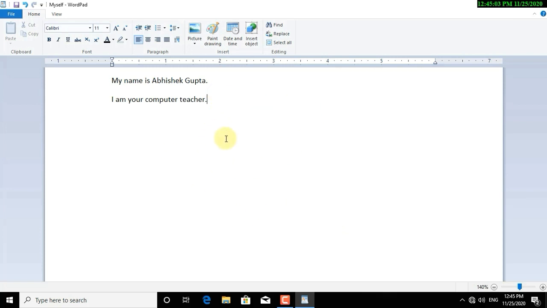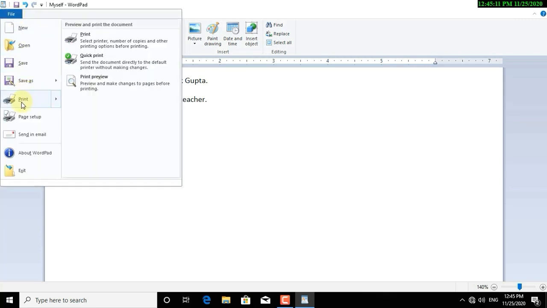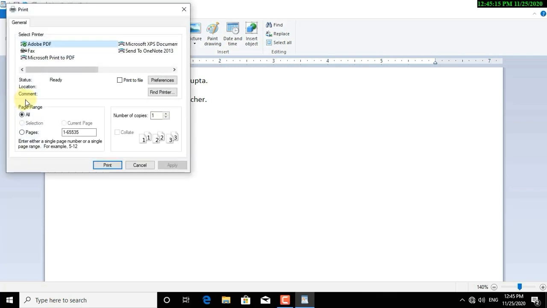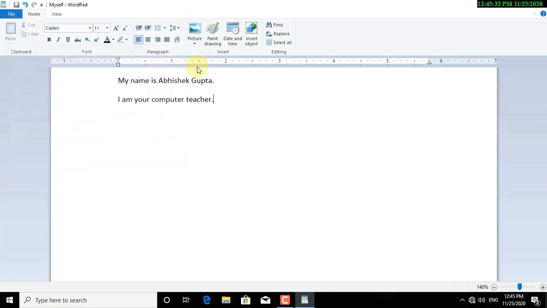And after saving your document, if you want to print your document, go to the File tab, click on it and click on the Print button. After clicking on the Print button, a dialog box appears on the screen. Click on Print or OK after setting up the page setup and you will get your print. तो क्योंकि अभी हमें प्रिंट की ज़रूरत नहीं है तो मैं इस डायलॉग बॉक्स को क्रॉस बटन से क्लोज़ कर देता हूँ.